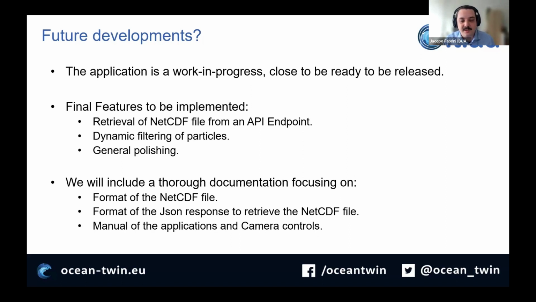And of course, we need a general polishing just before release. With the release, of course, we're going to include also extensive documentation focusing on which kind of format the netCDF file needs to have. Because, of course, we try to be as generic as possible, but we cannot support everything. We need to have a specific structure of the netCDF file, and we are going to adapt to what we decide is going to work with SINTEF, and then use that as the standard for the application. And of course, also the format of the JSON response that we expect when contacting the API endpoint